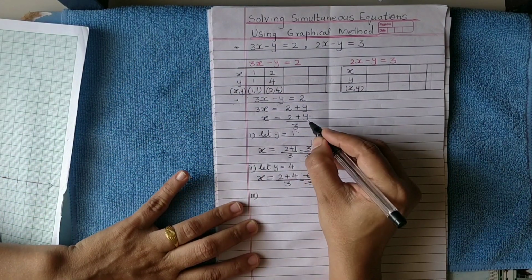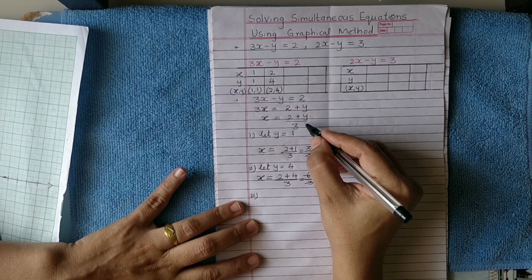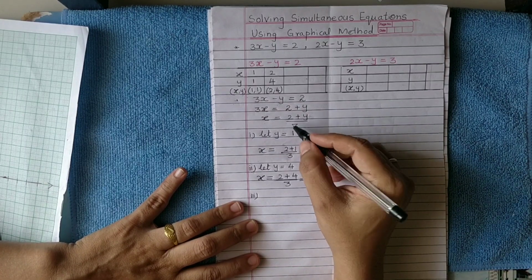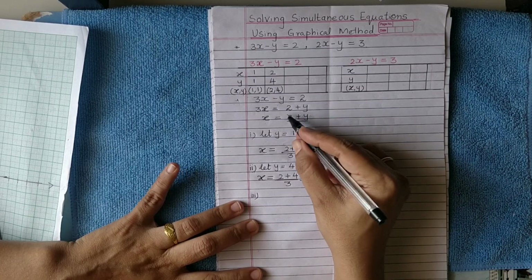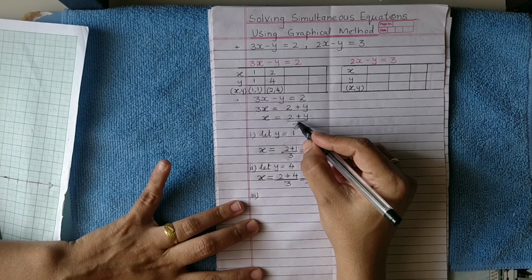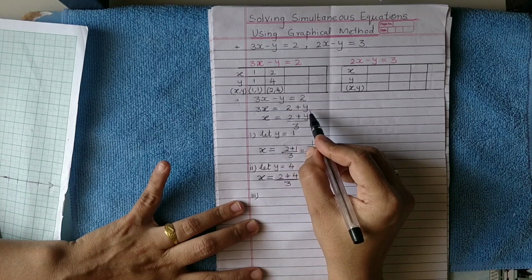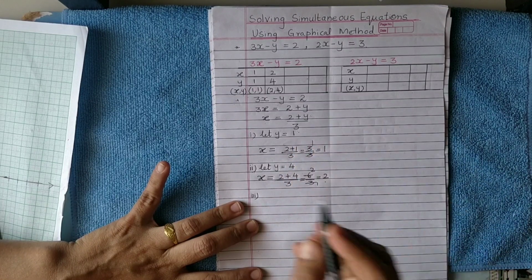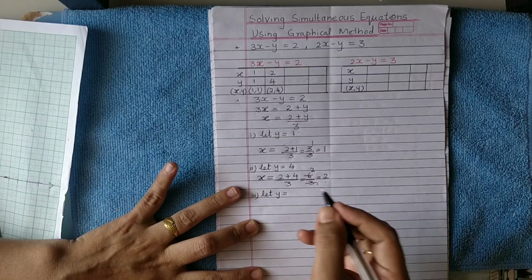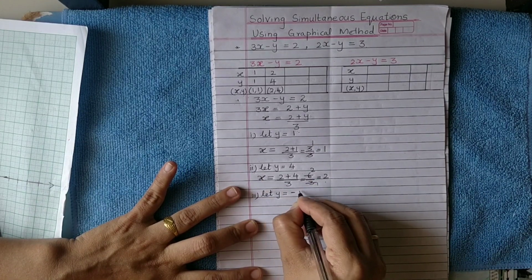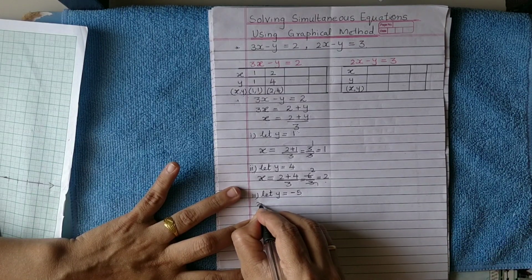Then think of some other value of y. You can think of some negative value, as you can think of 0 also, but 0 will not help here because 2 by 3 again will be a decimal number. It will be difficult to plot. So what negative value can you think of? For example, you want 3 here. So what number minus 2 will be 3? Minus 5 you can think of. This is an example I have given. You can take any value which comes to your mind and which satisfies. So y is equal to minus 5 you take.